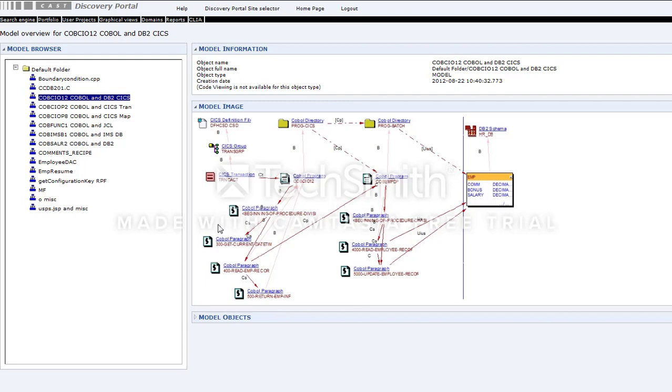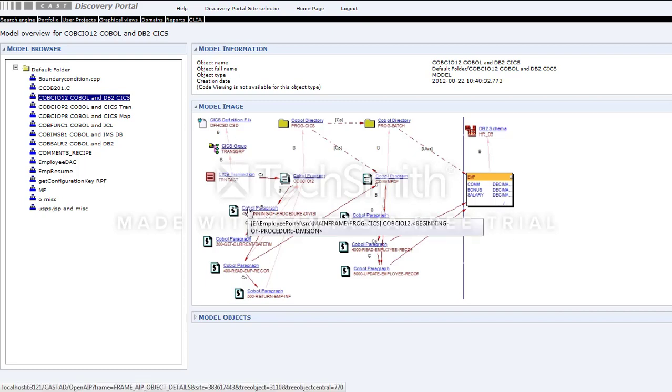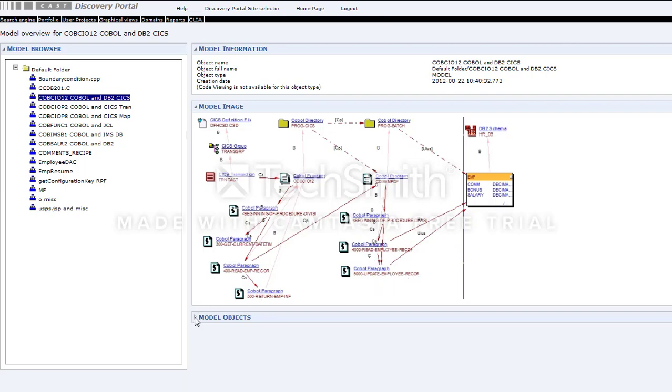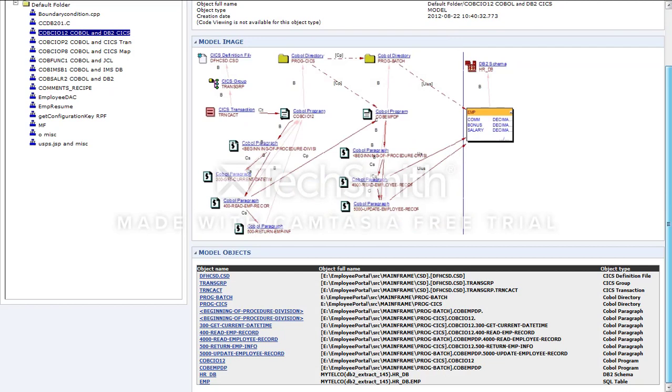So typically, I would get the name of the view and some comments and some information about it. I would get the view itself with the ability to click on any objects. Here it's an active display, so that I can drill down in anything that is being analyzed here, or look at a list of objects with their object types and their full name, so as to also be able to drill down into that.